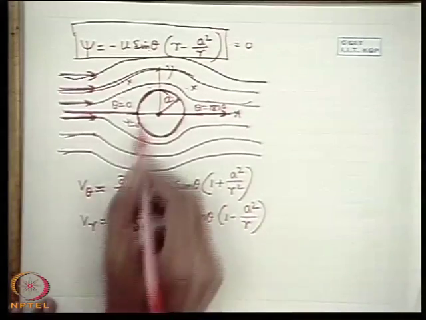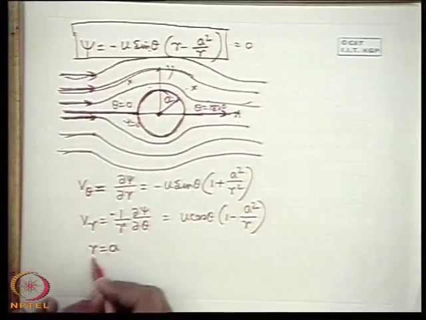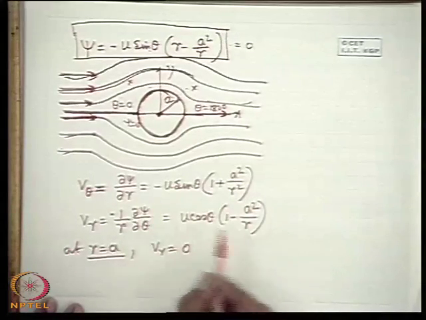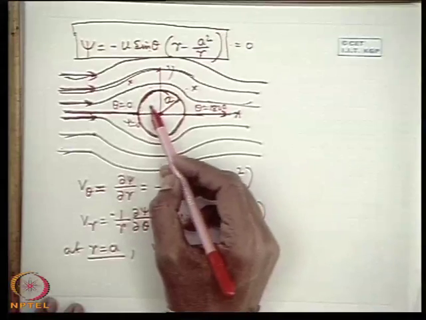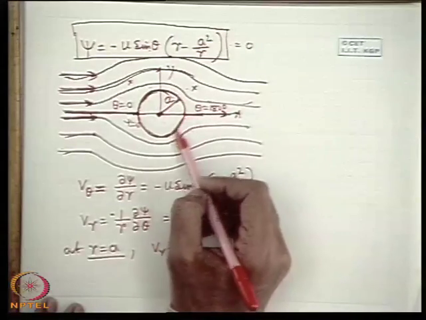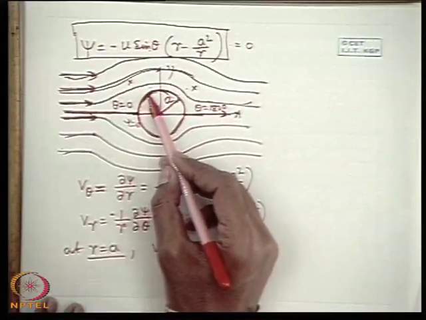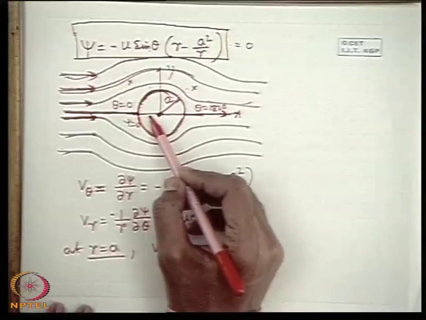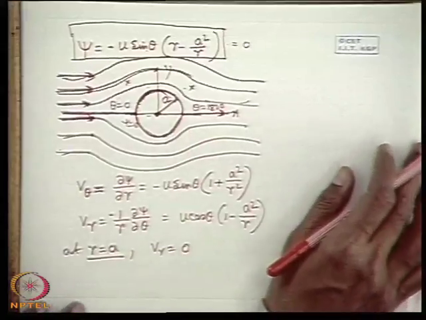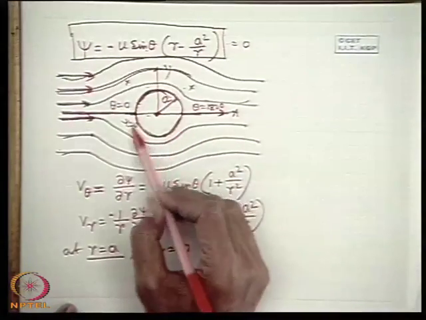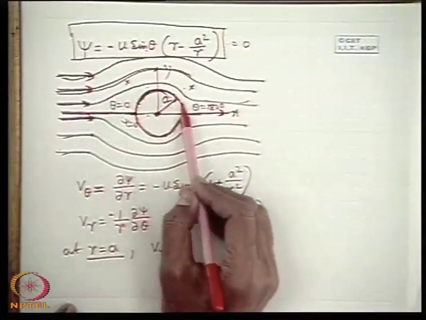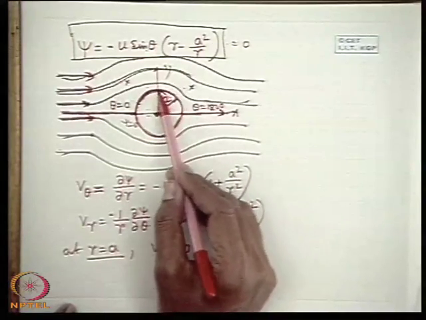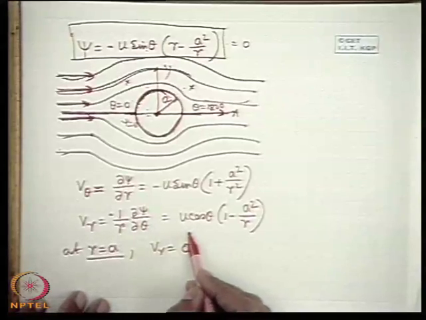Now at the surface of the cylinder, r is equal to a. So at r equal to a, we clearly see Vr is equal to 0, which is obvious. At a solid surface, there cannot be any radial velocity of the fluid, because a solid surface is impervious to the flow of fluid until and unless it is a porous surface. So at the solid surface, there cannot be any component normal to the surface. This is one of the very important and universal boundary conditions, that for an ideal flow, inviscid flow, and even for a real fluid, there cannot be any normal component of flow velocity on a solid surface until and unless the solid surface is porous. So therefore this is 0.